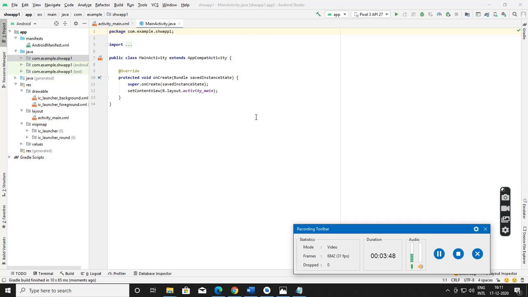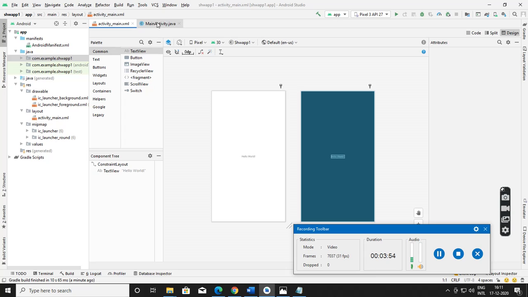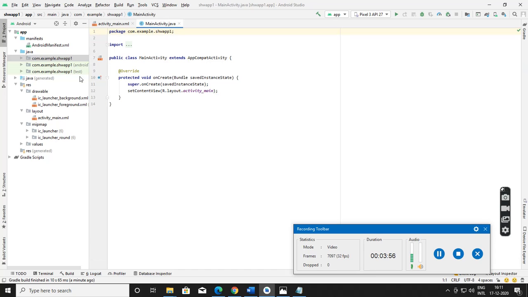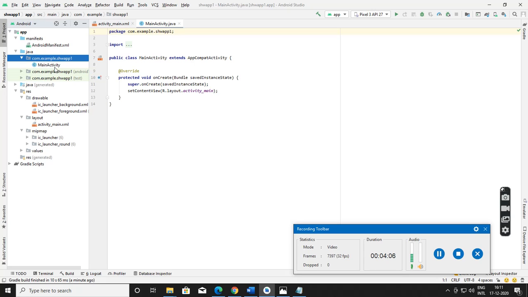Your Android application contains two files. One is a Java file, another one is an XML file. This Java file is stored in the Java folder, within that, we have a project named com.example.shwapp1, and under this, the MainActivity.java file is stored.